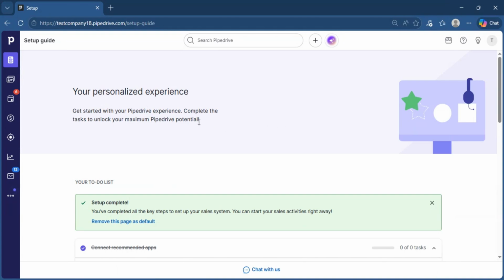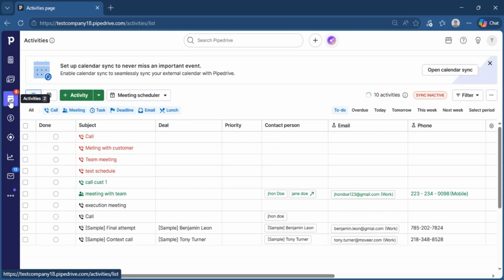Start by going to the left-hand sidebar and clicking on Activities. This section acts as your main workspace for everything you need to handle in Pipedrive, including calls, meetings, emails, and follow-ups. While the default list gives you a breakdown of scheduled tasks, we'll switch to a more visual, time-based layout